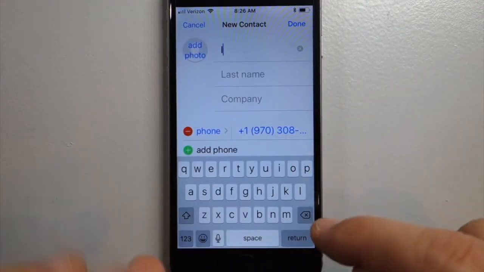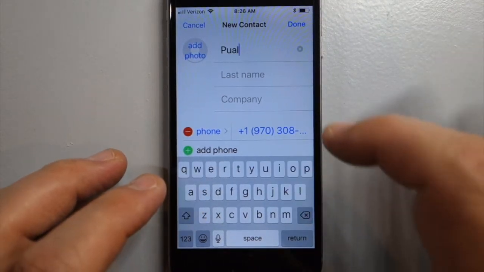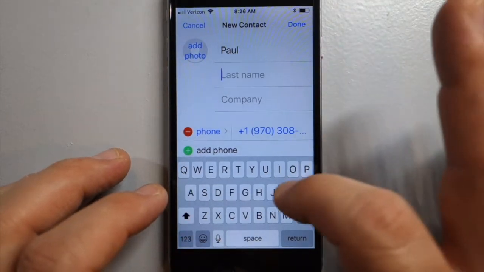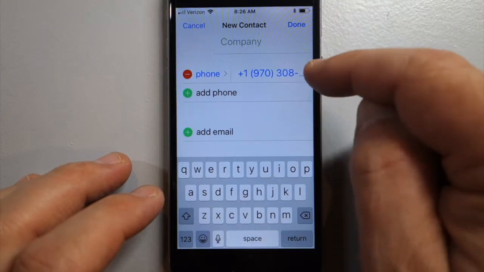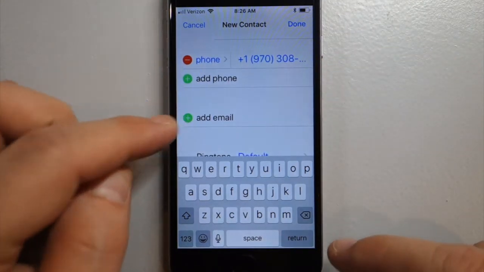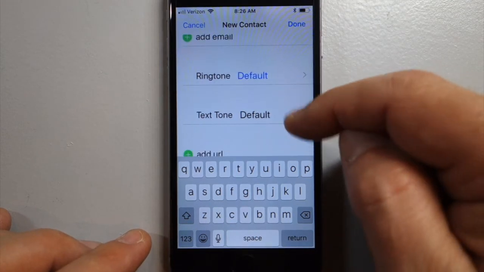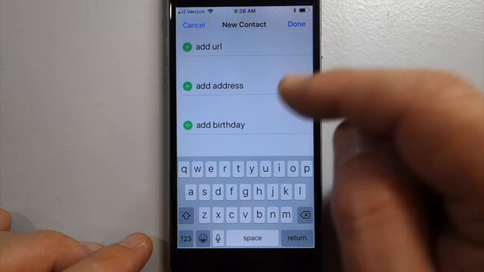First name, we'll just put in a name. Paul Jones, and there's the phone. You can add their email. You can add a custom ringtone when they call you and a custom text tone. You can add their address so that you can easily